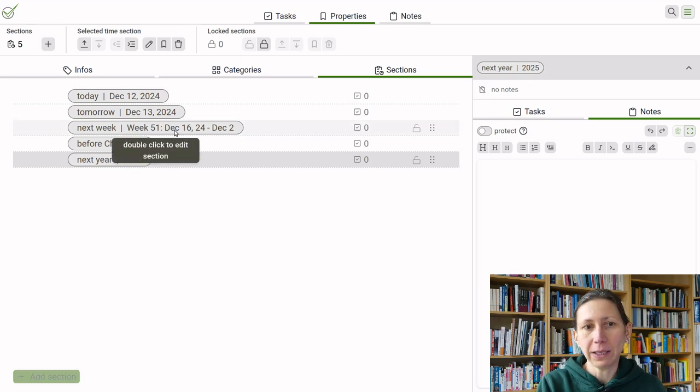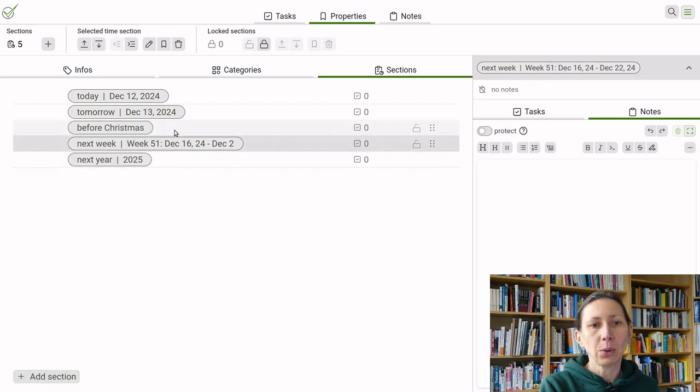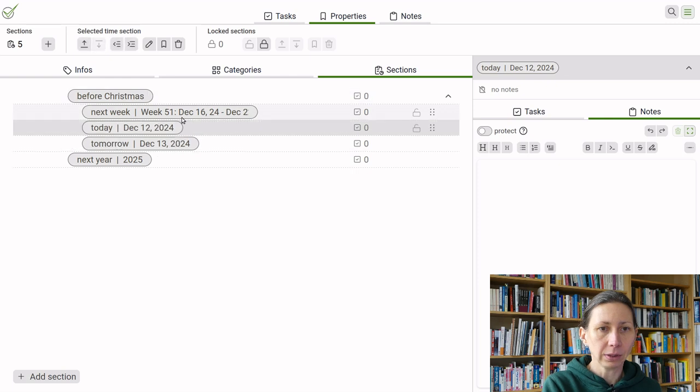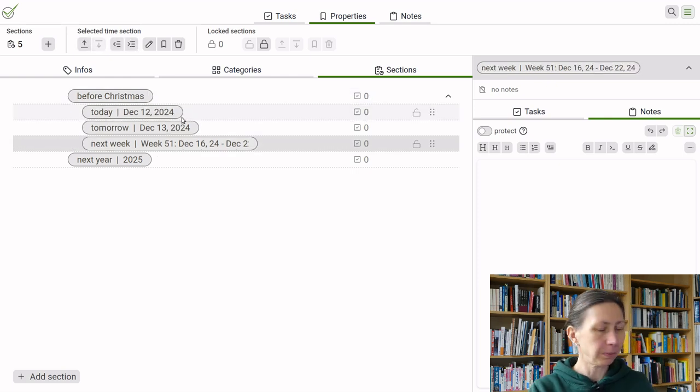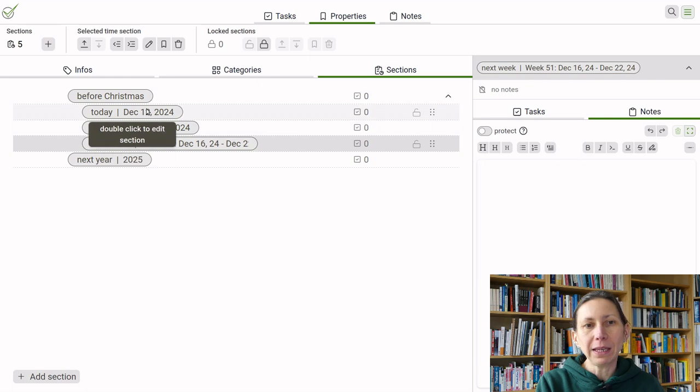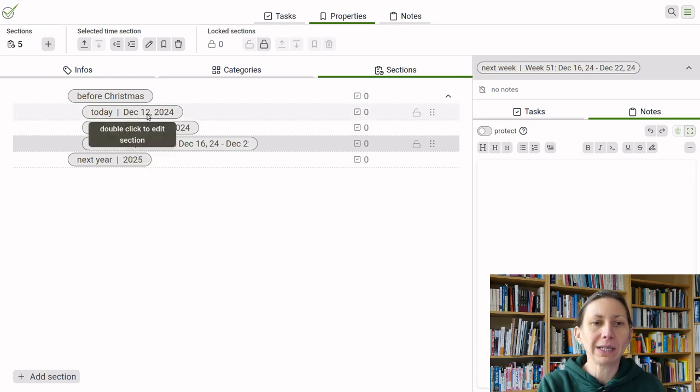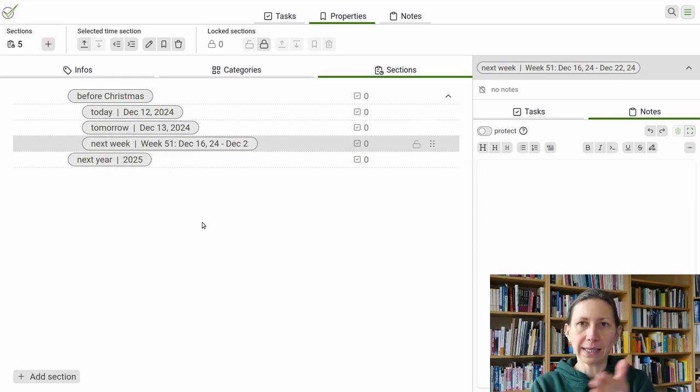And when I think about it, next week is obviously before Christmas. So I can just add this here. And the same with today and tomorrow. So I can also put them here into Christmas. Mechanism of moving the sections around is the same, of course, as for your tasks. And when I think about it, we have today and tomorrow. We might also add this week. Maybe I'm not doing that, actually. I just leave it like that. So we have today, tomorrow, and next week. You could wrap the current week around that, so you can nest as deeply as you like.